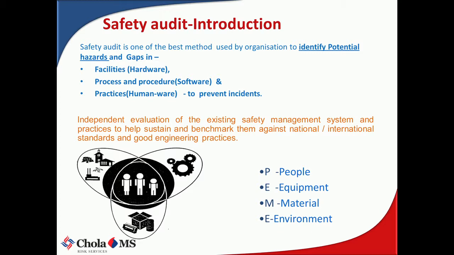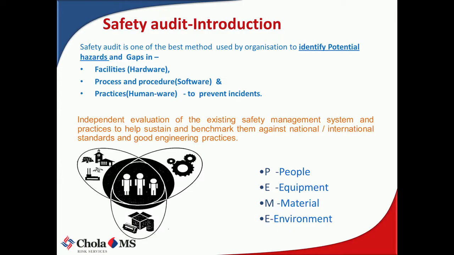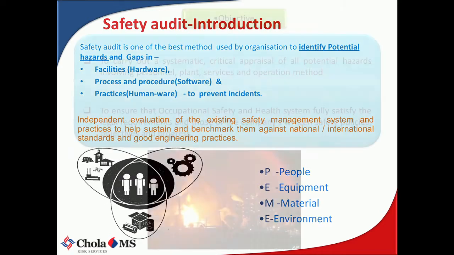It's for identifying potential hazards and gaps. When we go to industry, we try to identify hazards and what their effects are on facilities, like damage to equipment, people, and then the environment. So you can see people are at the center; it's all people centric. Whether it's the equipment or the environment, it depends more on the effect on the people.